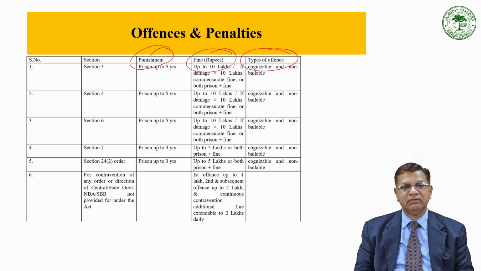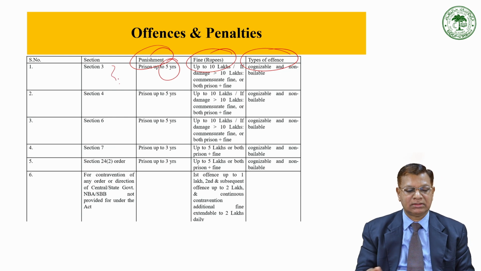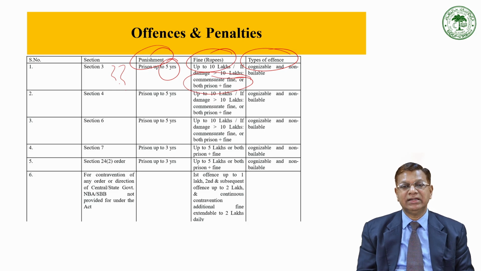To start with, we look at the penal provision and the penal regime which has been introduced in the Biodiversity Act. The violation of Section 3 leads to an imprisonment of 5 years, and the violation of Section 3 will also lead to a fine of rupees 10 lakh. If damages are accrued, it can go to more than 10 lakh and commensurate with the fine plus prison of 5 years. And the nature of the offence of Section 3 appears to be cognizable and non-bailable, whereas Section